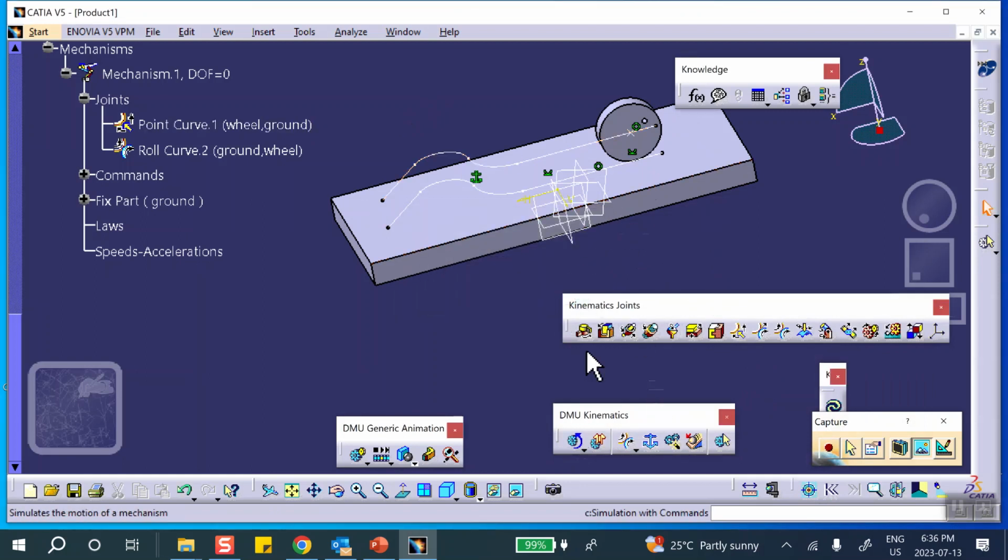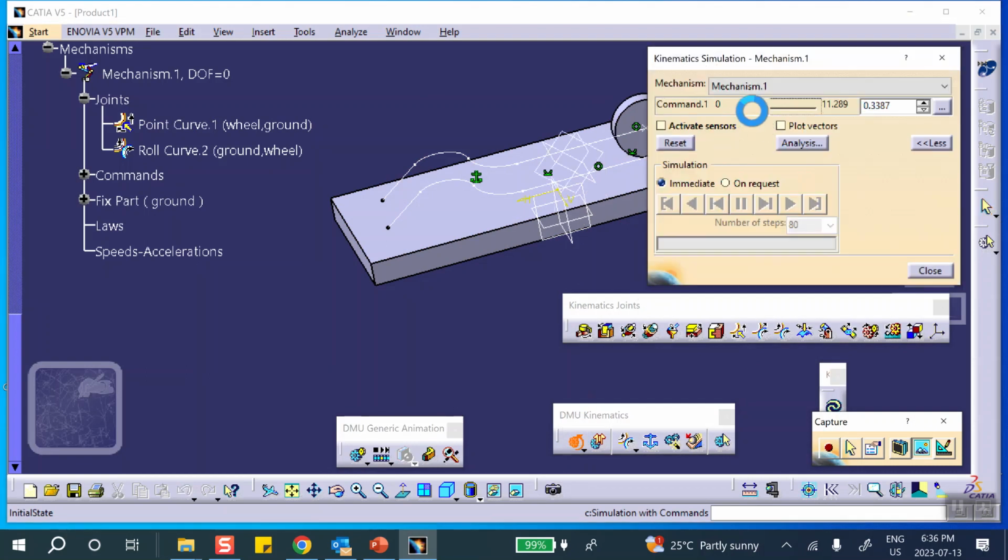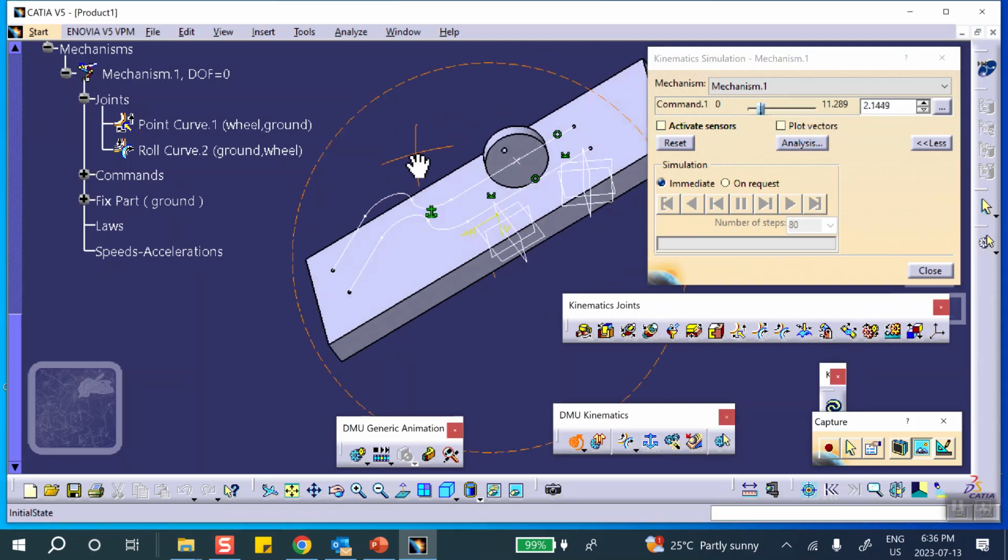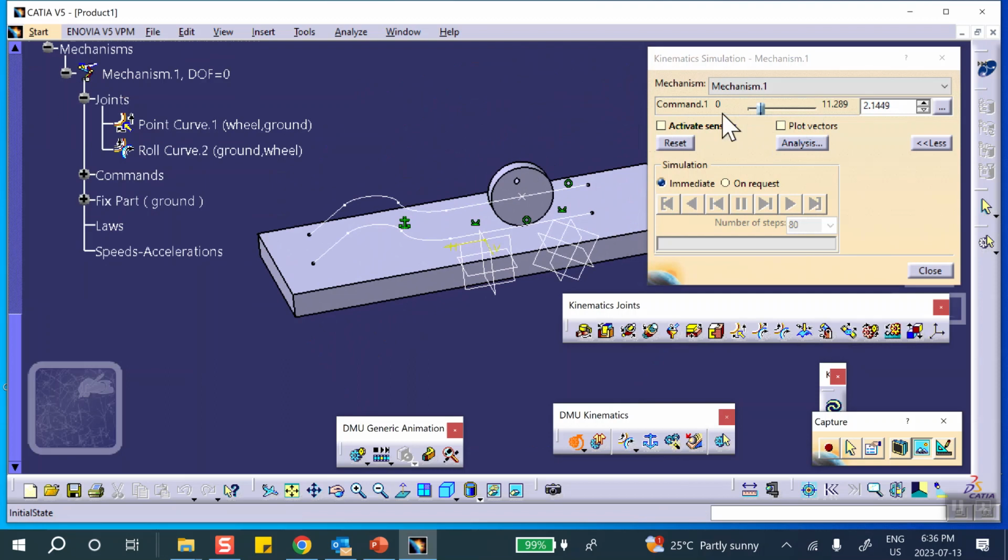Okay, let's check it. The only problem is that this will go that way. I don't want it to go that way. Oh, no, it is okay. It is okay. Okay. So I did not have to worry about those. So this is how you can make it go along a